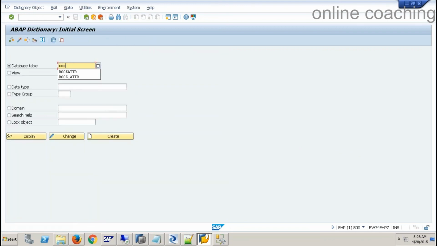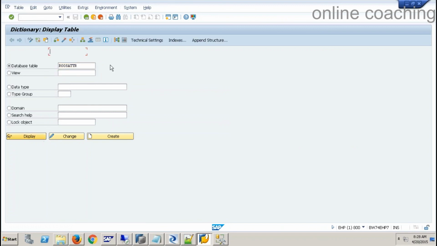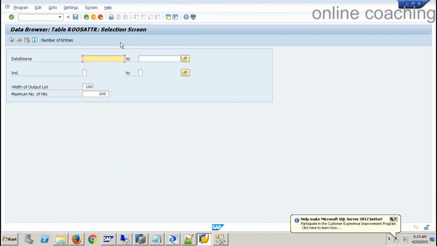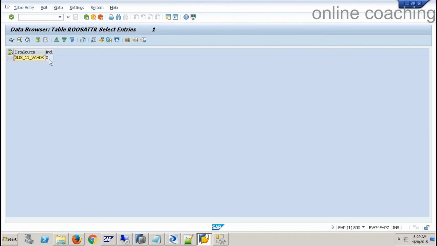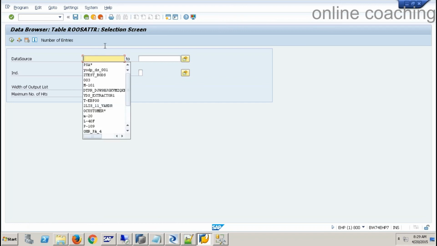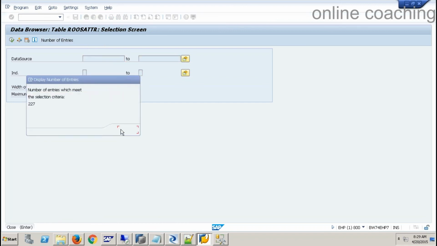You'll have a table called ROOSOURCE ATTR. This will have a list of the data sources that are supported for ODP bus. Let's say you want to go with 2LIS_11_VAHDR. You have this, so it is enabled for ODP, you can extract. Okay. So all the data sources listed in this table can only be used for ODP bus,